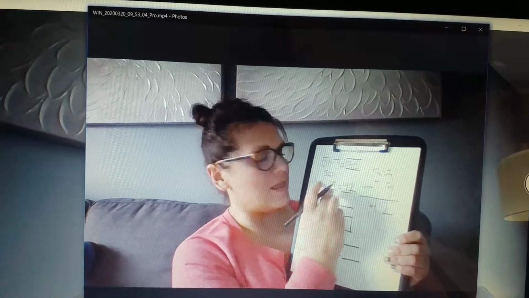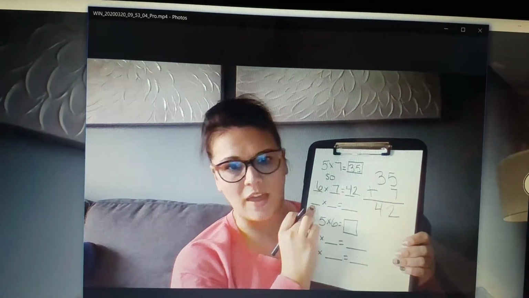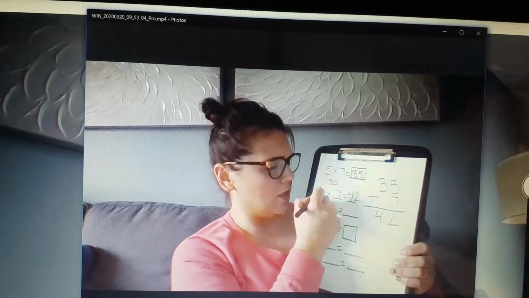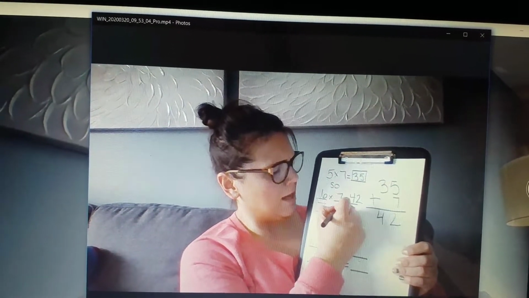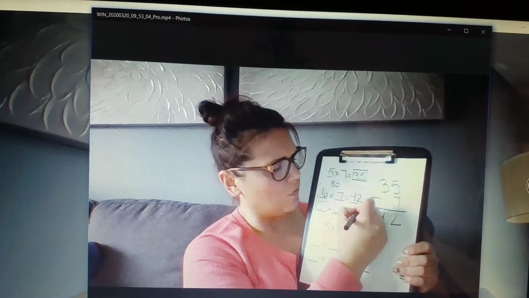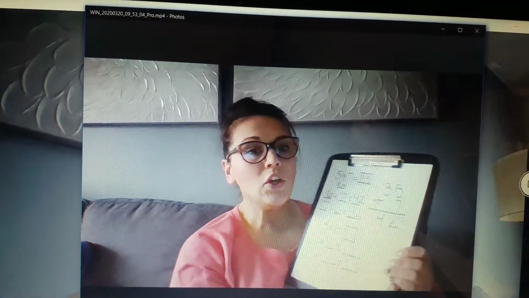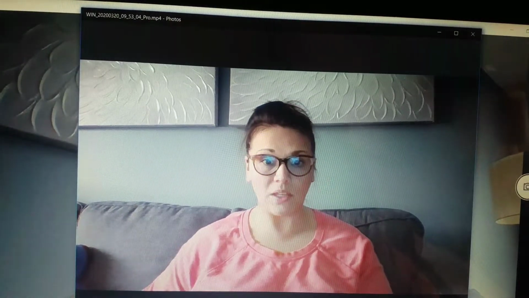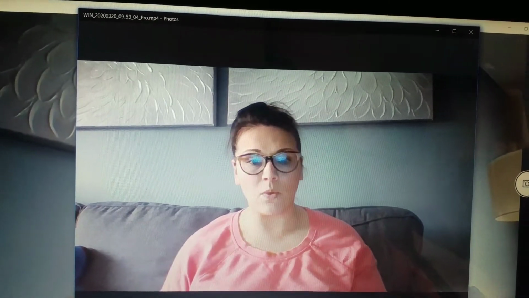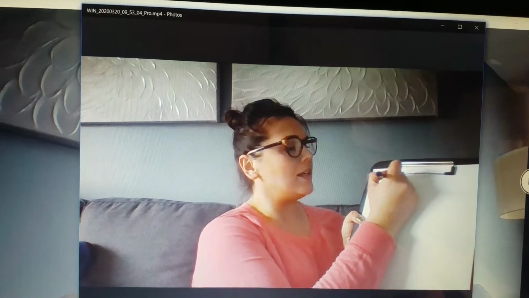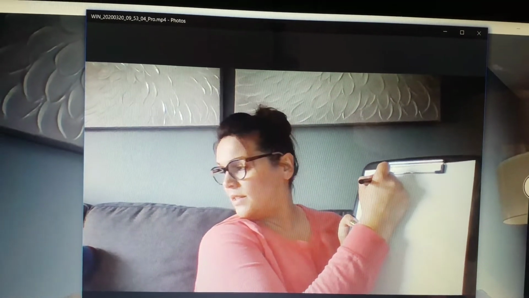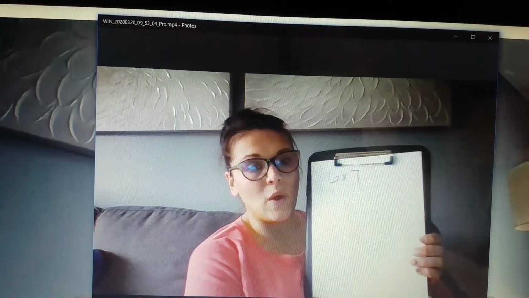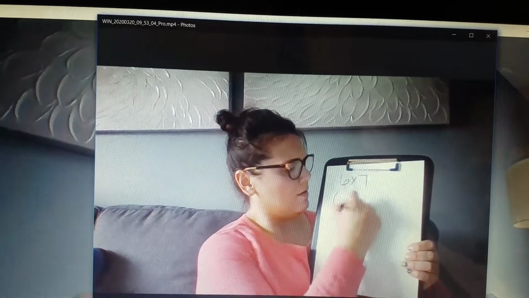Let's try, and then we're going to do the turnaround fact, or the commutative property of multiplication. So I'm going to have 7 times 6 equals 42. So what that means, instead of using the array, I'm going to have equal groups. So once again, the problem was 6 times 7. So I'm going to start by creating